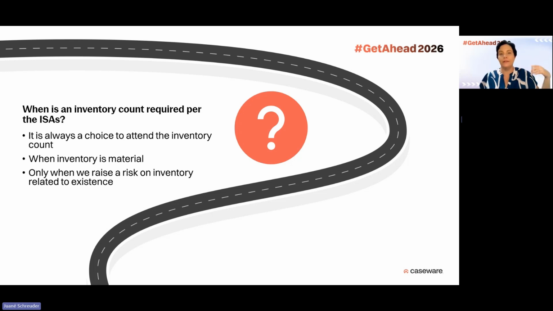When we get to the client on, say, the 10th of March or the 12th of April, whenever it is that we get to that audit, and then realize, oh my goodness, actually inventory was material, I should have attended the stock take. So it's always better to attend the stock take, even if it's close to being material, if you think it might be material, or even just if it is qualitatively material. Don't forget about when it is material in nature or with the circumstances. So we've got to attend the stock take whenever it is material, and then we must test the existence thereof as well as the condition of those items.